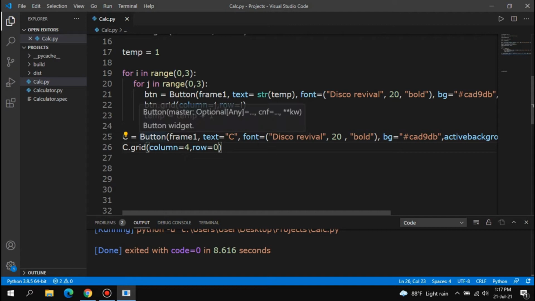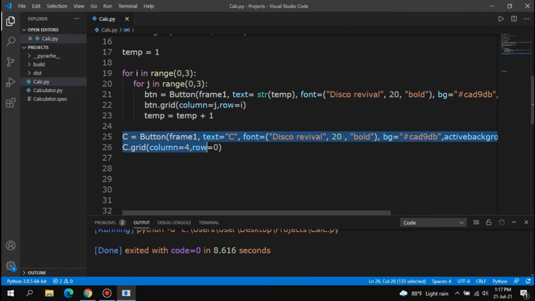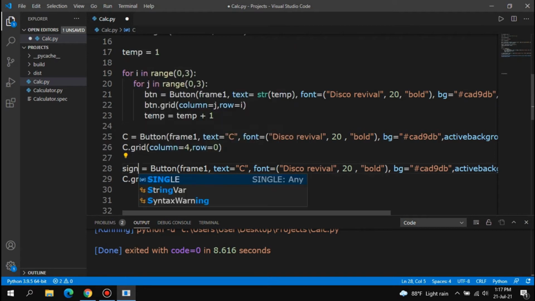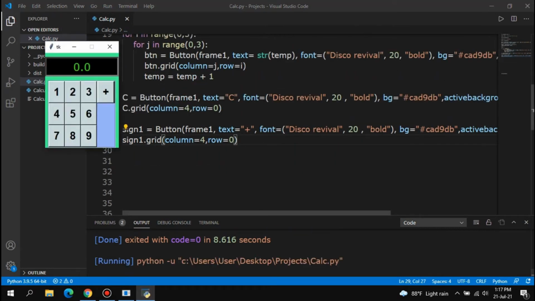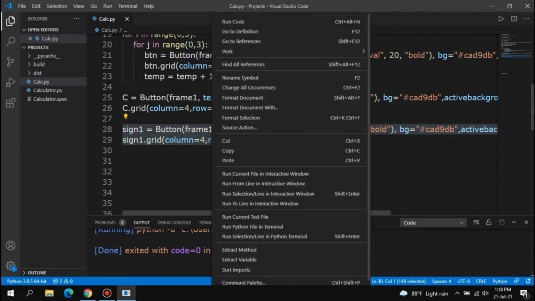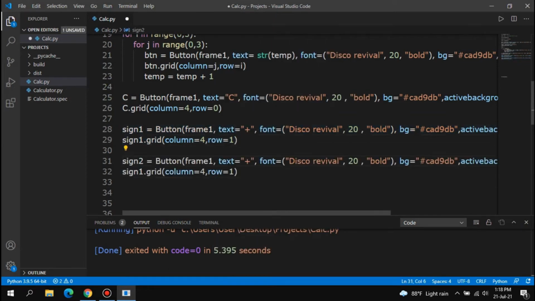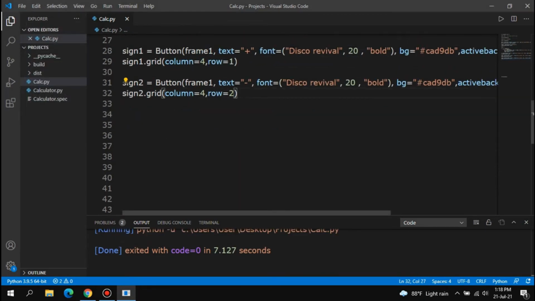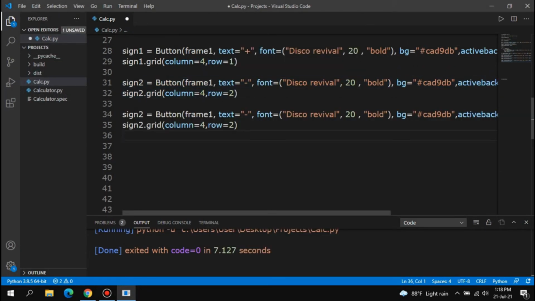And in the same way, I'm going to be creating the other buttons, I mean the plus, minus, and all other buttons. Let's go for it. Here, let's give it sign1, which is for our addition. Here you can see it has been mixed up. We need to change the value. Row 1 we have changed from 0 to 1 here, and after that again copying, then again changing the row value so that it's aligned properly, and changing both sides, sign2 and sign2.grid. Okay, the button has been changed, and again copying, pasting, then again sign3, then at text just